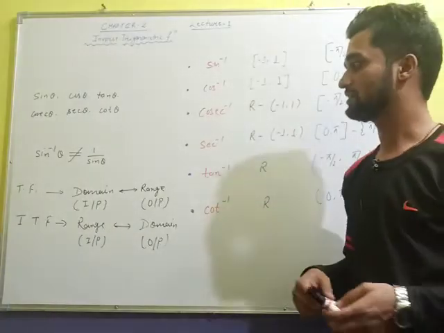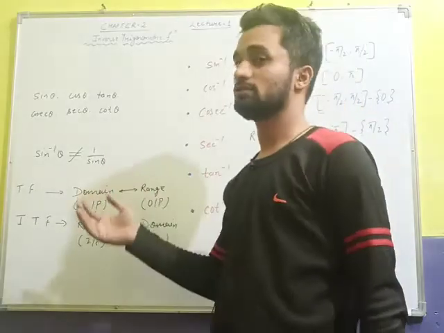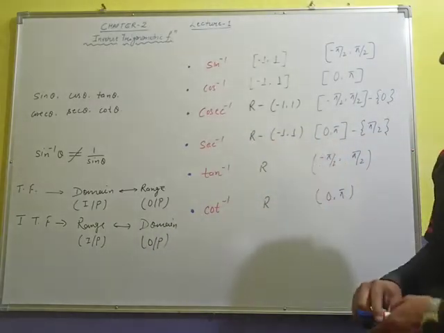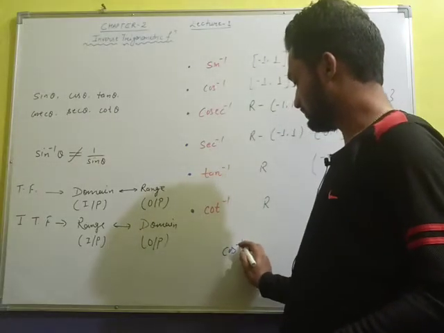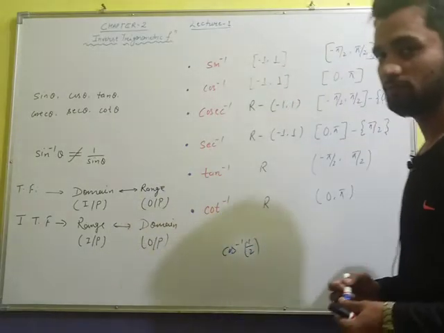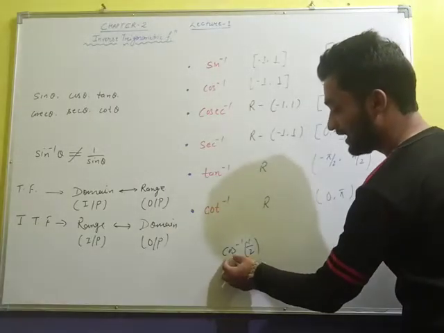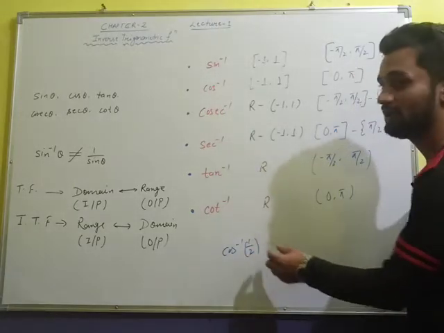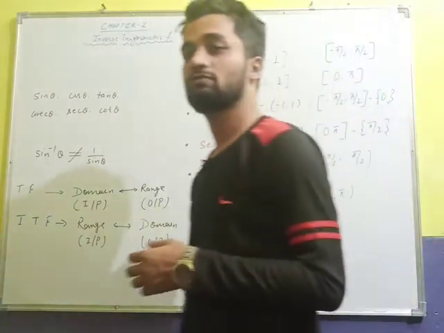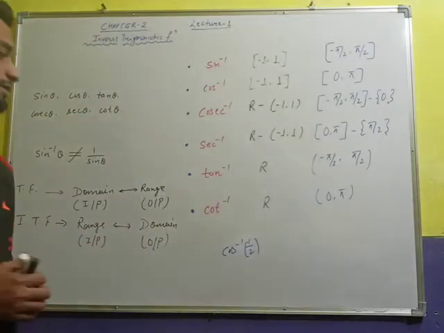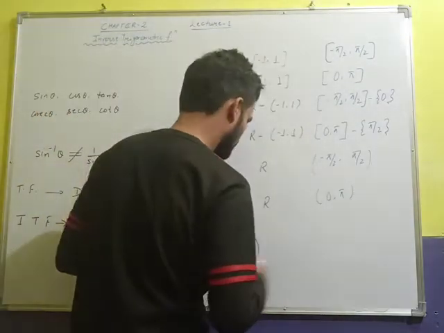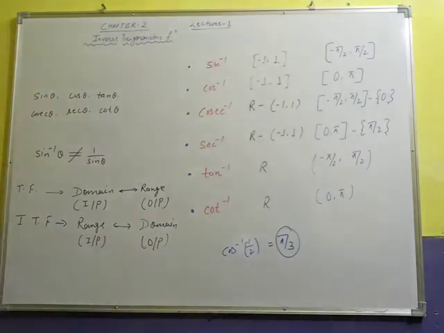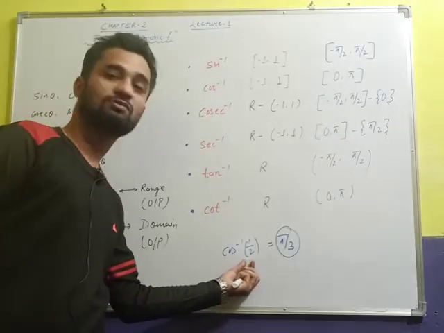Till last year we were getting the values of trigonometric functions at different angles, but this time, if I ask cos inverse 1 by 2, how do we read this? It means: for which angle does cos have the value 1 by 2? We know cos 60 is 1 by 2, so we must say this will be equal to pi by 3.